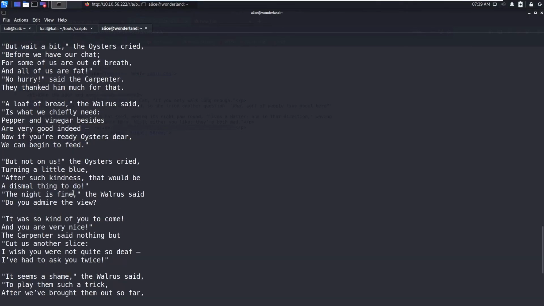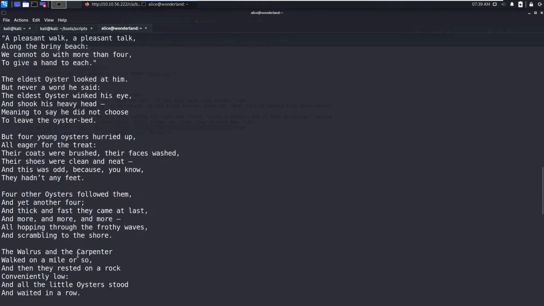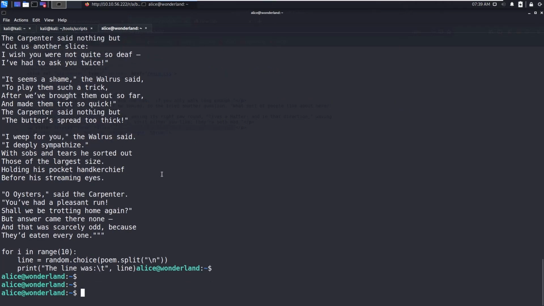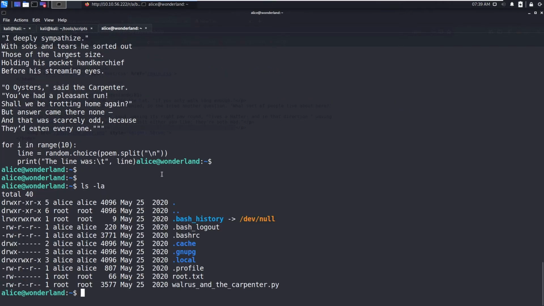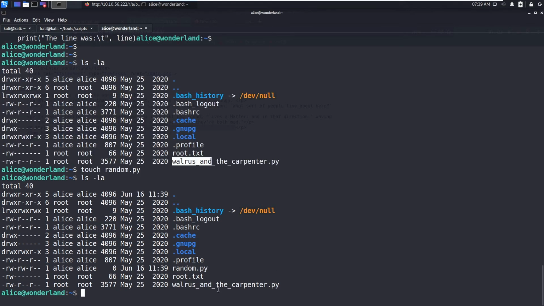So it's a paragraph we have seen in the web page, and it's using random.choice. So this should import the random module, and you can see it has imported the random module. Now what you can do is create a new random.py in the same directory. Whenever this script is run, the import random statement is going to import it from the local directory random.py.